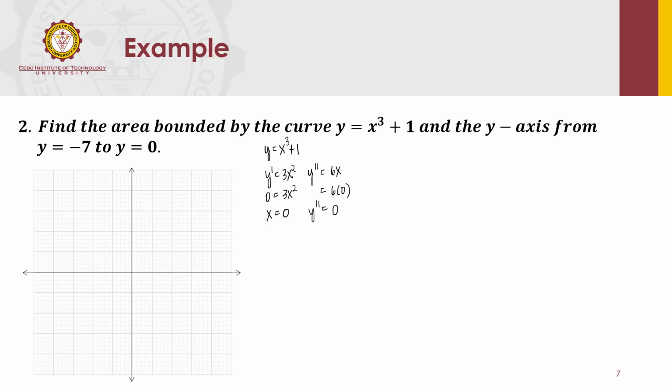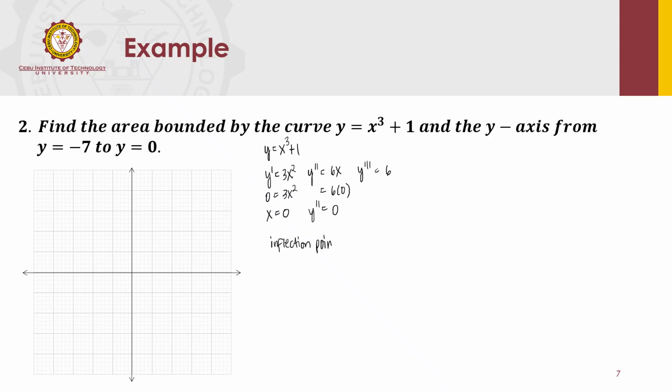So we verify by solving for the third derivative, which is equal to 6. So if the third derivative is not 0, therefore we confirm that at the critical value, x equals 0, there is an inflection. Okay, the point where the concavity of the function changes from concave downward to concave upward or upward to downward.